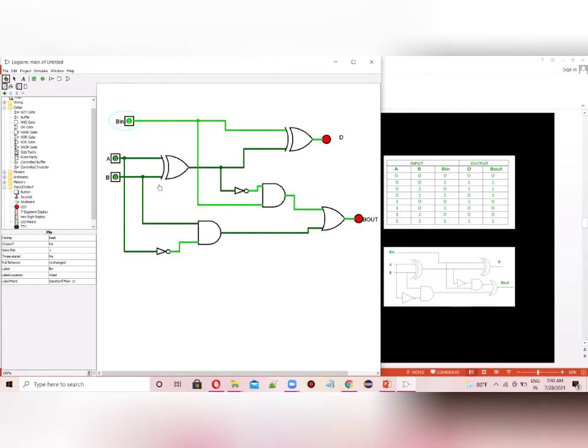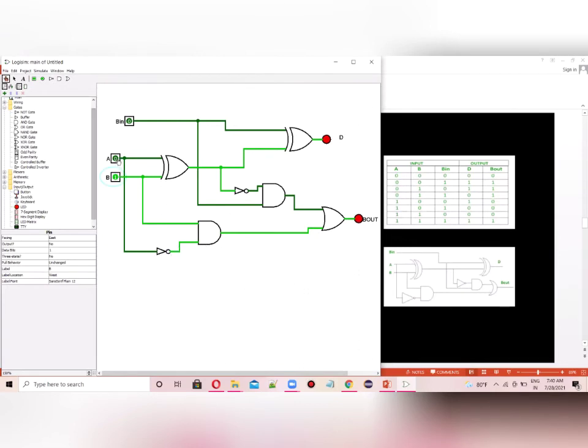Now let's check B is on and the others are 0. So let's change this to 0 and this to 1. Now also we can see that both the LEDs are on here. We know the functions of each and every gate clearly. In the XOR gate, if any one input is 1, the output will be 1. In the AND gate, the output is 1 only if both inputs are 1. Here this is 1 directly, but here it is indirectly turning into 1, because there is a NOT gate in between.